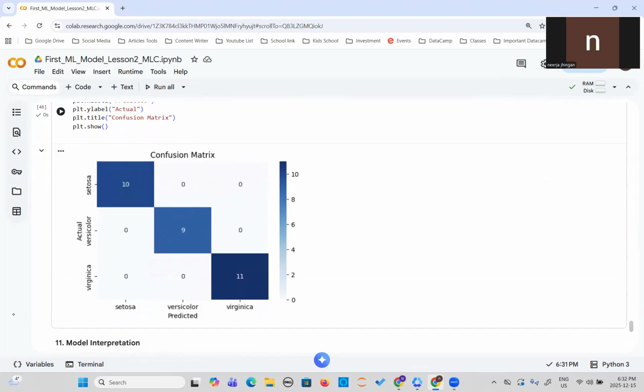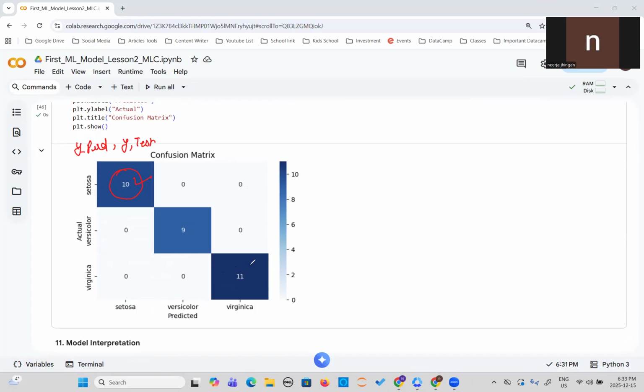This is your predicted, this is your actual. If you have given 10 input features to the model, and your model is saying yes, this is Setosa, you have given the y_predict and I am checking against the y test. So this means this is the correct answer. There is no wrong answer. Same with Versicolor: 9 inputs, and 9 are correct, your machine also predicted correctly. Same with Virginica. This is how your confusion matrix gives you a very clear vision about